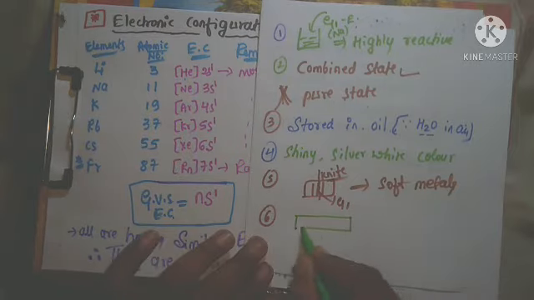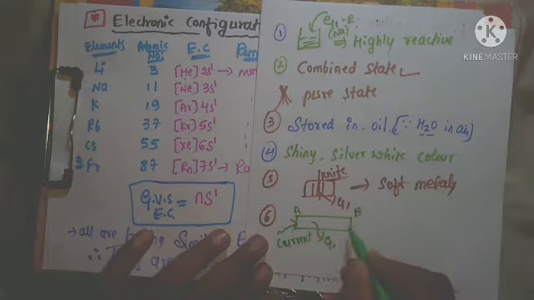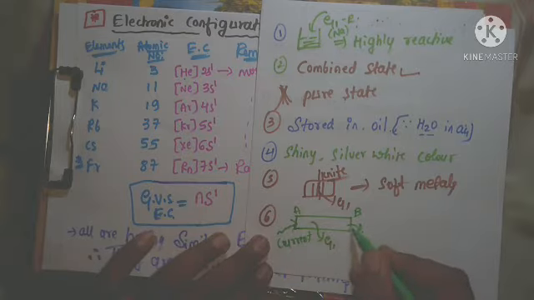Next, the sixth one is now here. Think that this is a group 1 element, and here I am connecting the current wire, electrical current, right? Here is point A, point B. You can observe the current at point B also. Now just think that I am connecting the current wire at point A only. Why is current coming to point B?